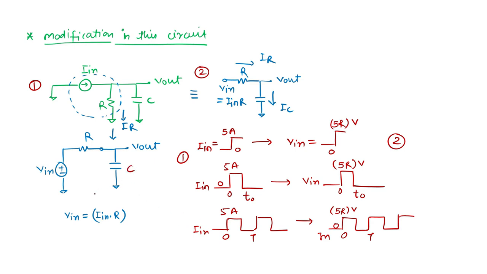From the very starting, we are discussing this circuit with one R and one C, and the input is applied as whatever the step, pulse, or periodic signal. So the value of that will be I in R. Simple, I in R. This is the important thing we have to discuss here. And for this, we have done a lot of discussion. So here the point is that if you have the idea of the single R and C